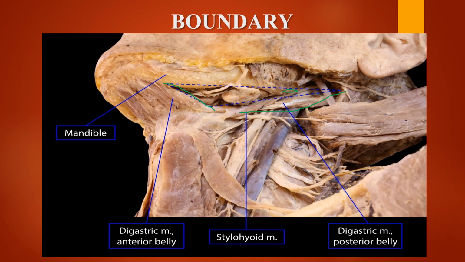Whenever we are talking about any triangles, first we should locate the triangle, where it is. Then we should talk about the boundary. Next we should talk about the roof structures. What are all the structures forming the roof? Then we should talk about the floor. Then only we should go to the content, and if it is having any other significant values, we should explain those things also. Now, what we are going to see next? Yes, it is going to be the roof structures.